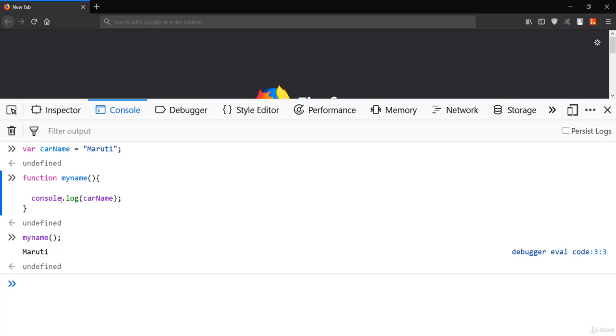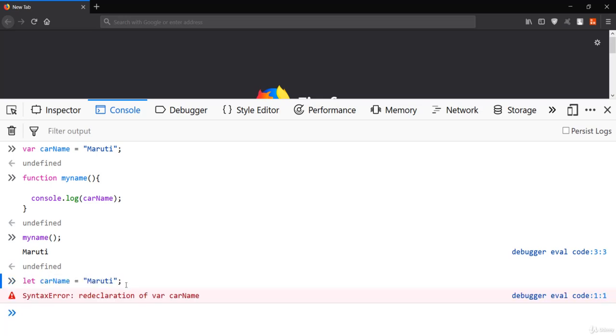But what you can do now is create the same variable with the let keyword. This let keyword was designed by ECMAScript in 2015. Let's see how it runs. Let me run this quickly. Now you could see the let keyword is giving a syntax error, because we can't redeclare the variable which was created with var using let.